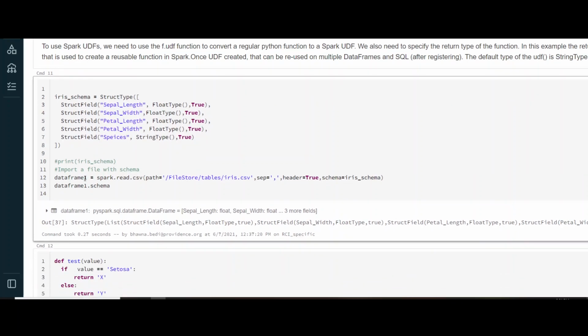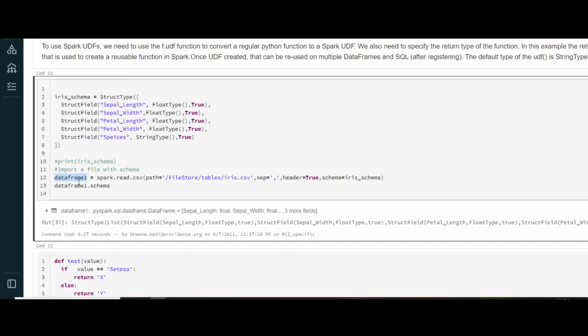So let's create a data frame first. I am creating this data frame 1 from spark.read.csv. This is the path of my file, and when you talk about the schema, I am using the schema that I have mentioned here on the top. All these things I have mentioned in my previous video on Spark data frames, so I do recommend going there and watching that video as well. In case we have to define a schema while reading the file, this is how we do it.